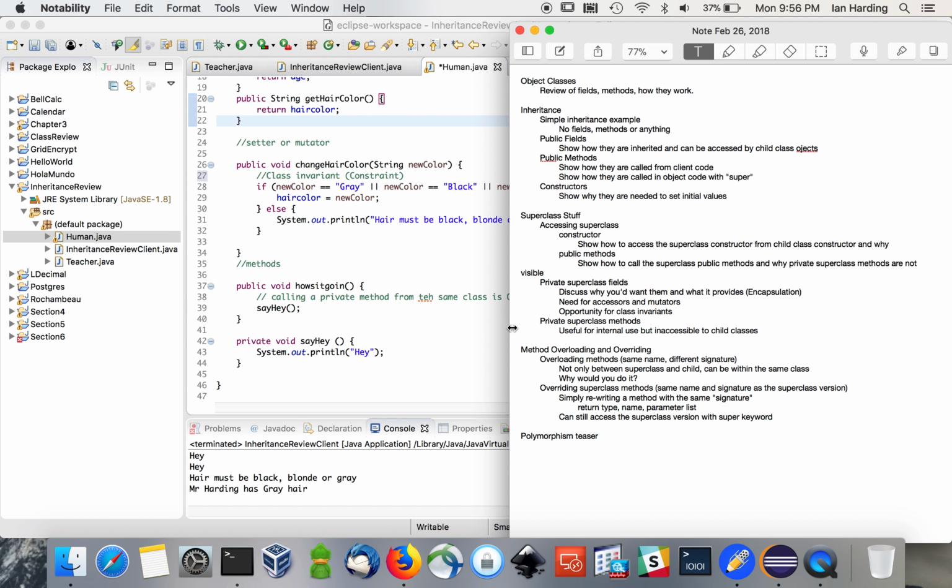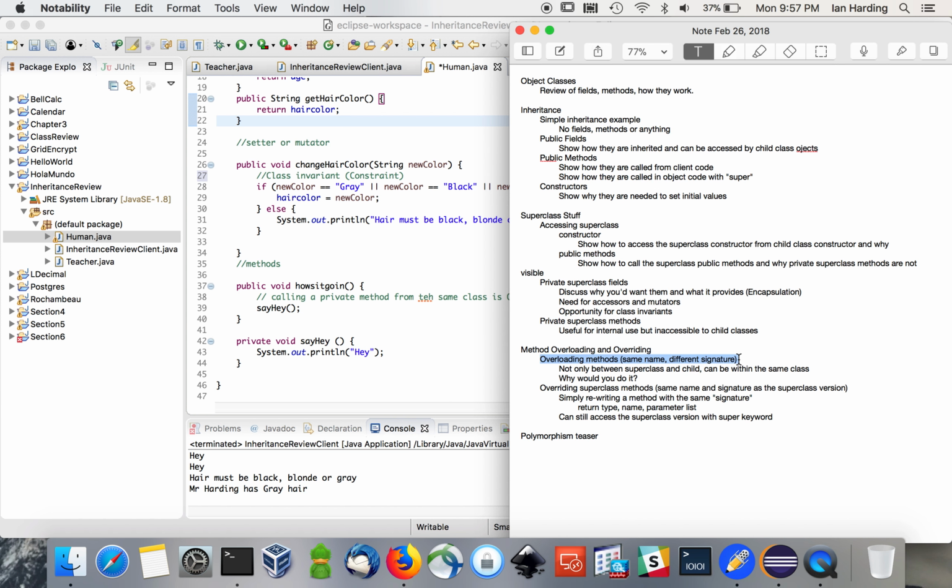For this video, we're going to talk about method overloading and overriding. I gave a little bit of a misleading blurb about this in the lecture, and I'd like to correct a slight misperception. Anyway, overloading is you create a method in a child class with the same name, or